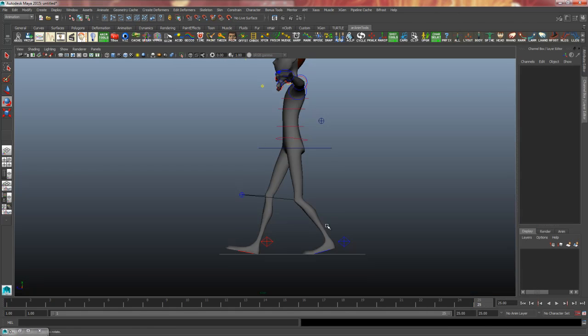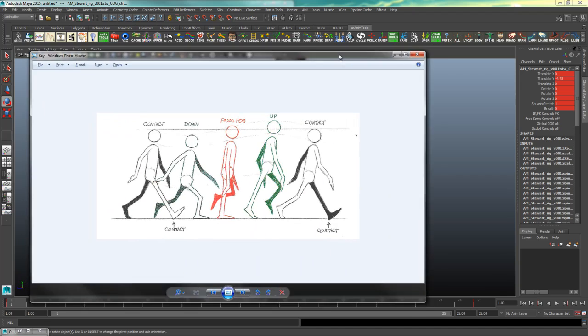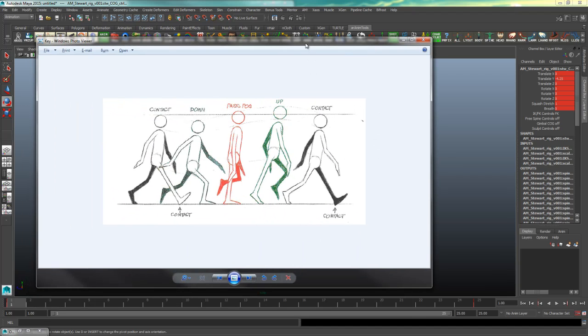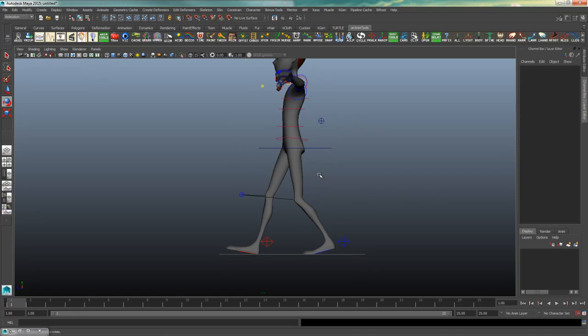Okay. So now if I select our keyframes that we're only focusing on for now, or key controls, on frame 1, frame 25, exact same thing. So now we're going to work kind of from the outside in, inside out, however you want to say it. Our next pose is going to be the next contact pose, but the opposite foot. And this is where the mathematical side of things can be very helpful. So I'll go to frame, according to our timing here,